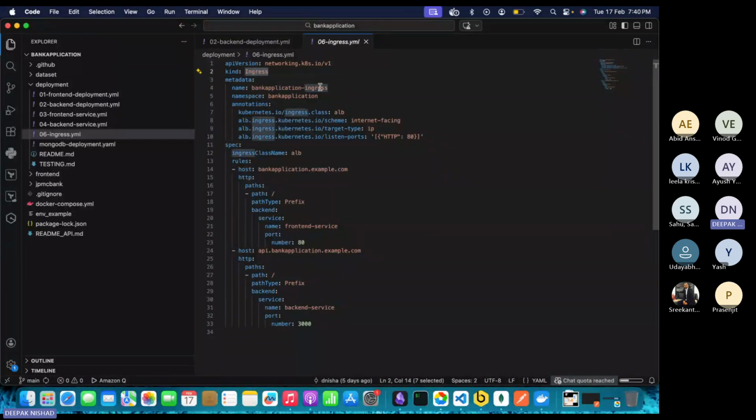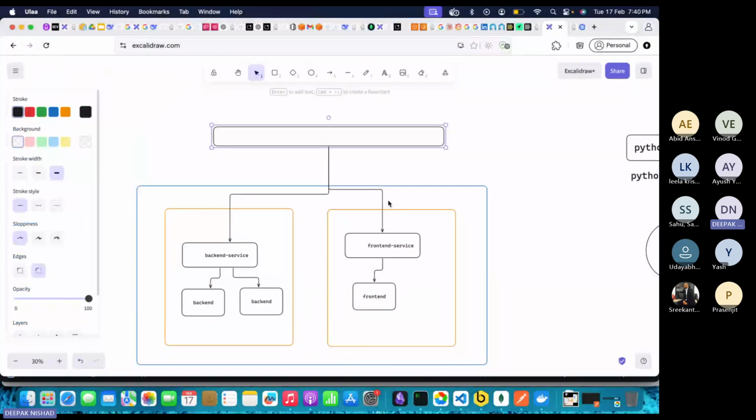The Ingress object will get created with the name bank application Ingress, and the class will be a load balancer of class ELB. Internet-facing means a public load balancer, then target type of IPs. Then it forwards to port 80. If you carefully see here,